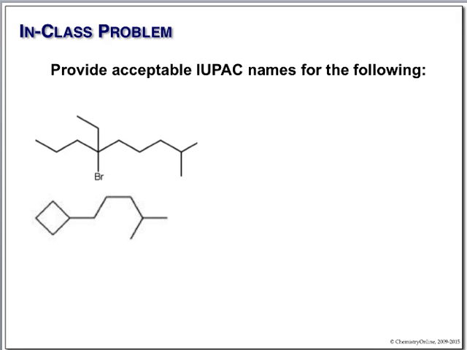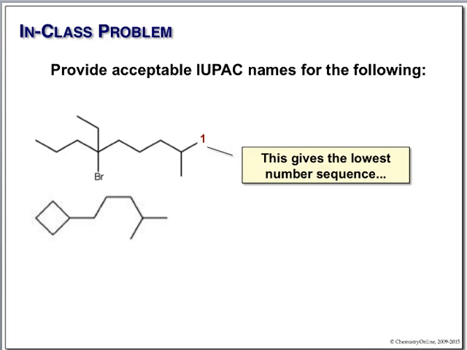Our longest chain is going to be 1, 2, 3, 4, 5, 6, 7, 8, 9 carbons. It's a nonane. Probably want to start numbering down here, so we have a 2-methyl group. We're going to have a methyl group in carbon 2. We have an ethyl out here in carbon 2, 3, 4, 5, 6. And a bromine also in carbon 6. We're going to arrange these alphabetically. So it's going to be a 6-bromo, 6-ethyl, 2-methyl,